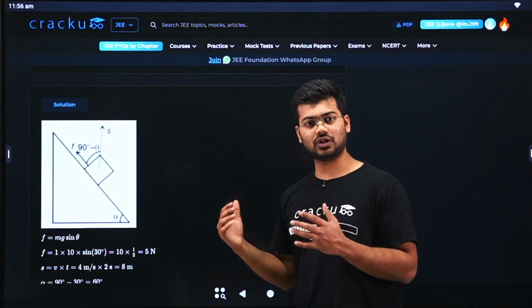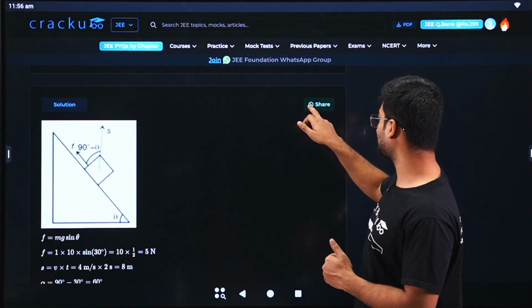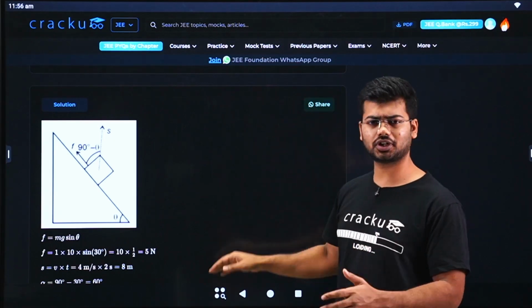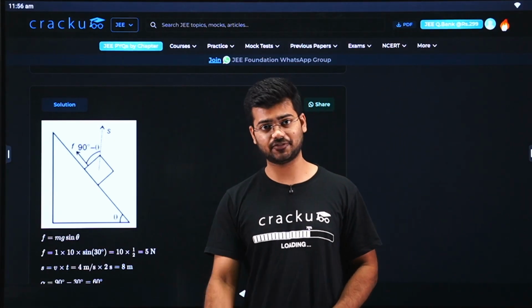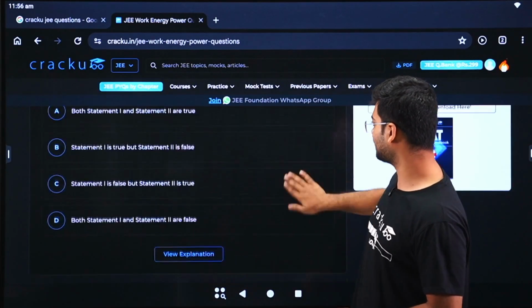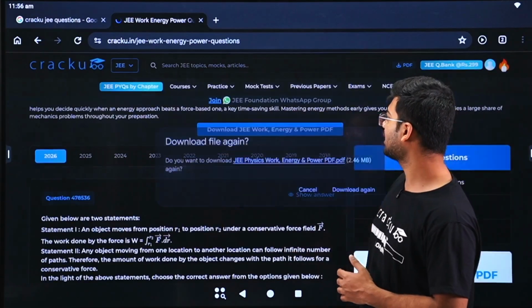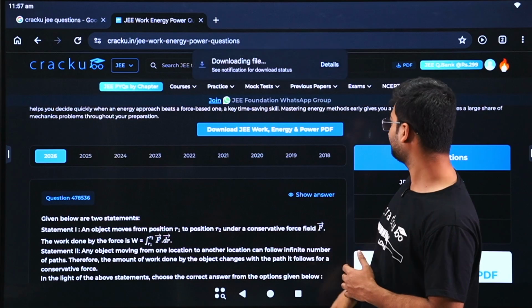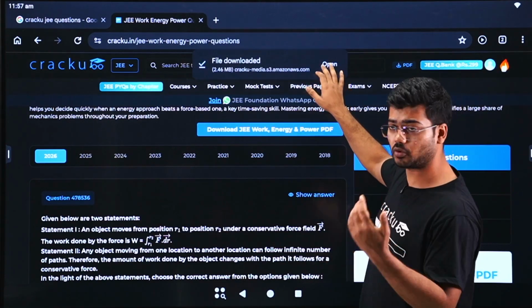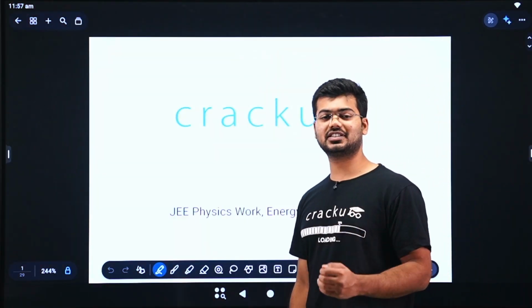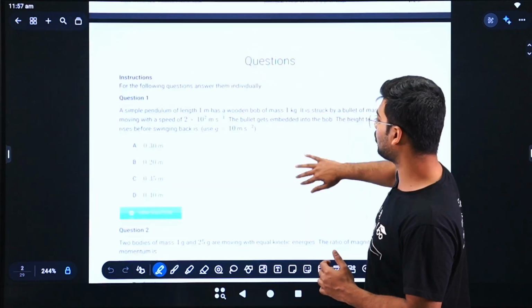So guys, you can also share this question with your friend by tapping on this share button, and if you want to download these questions as a PDF form, you need to come to the top of this page and you will tap this button, download JEE Work Energy Power PDF, and it will be downloaded and you can open it then. So guys, as you can see, the PDF is open now, and this PDF has all those questions,